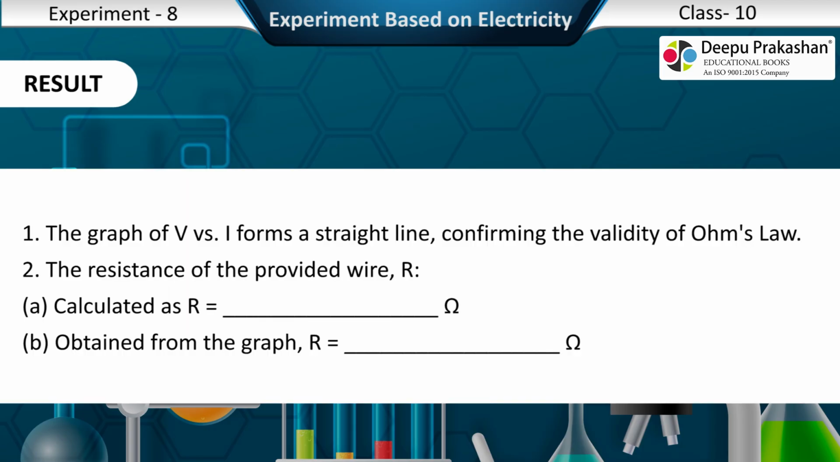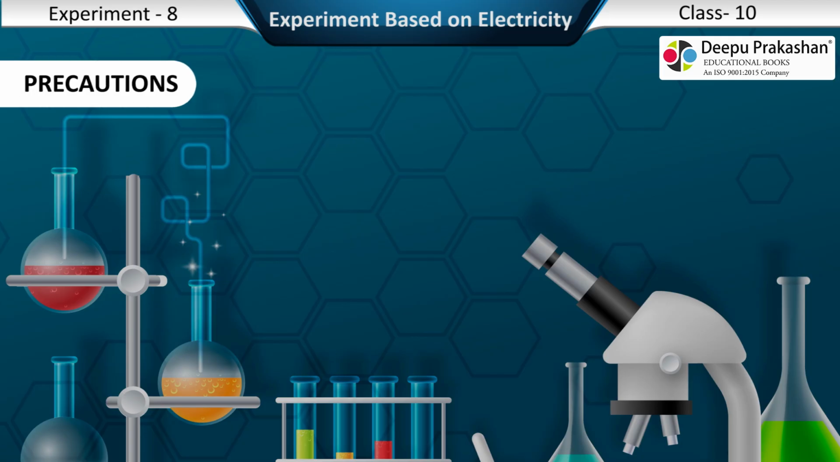Result. 1. The graph of V versus I forms a straight line, confirming the validity of Ohm's law. 2. The resistance of the provided wire, R, calculated as R = V/I, is obtained from the graph, R = ...